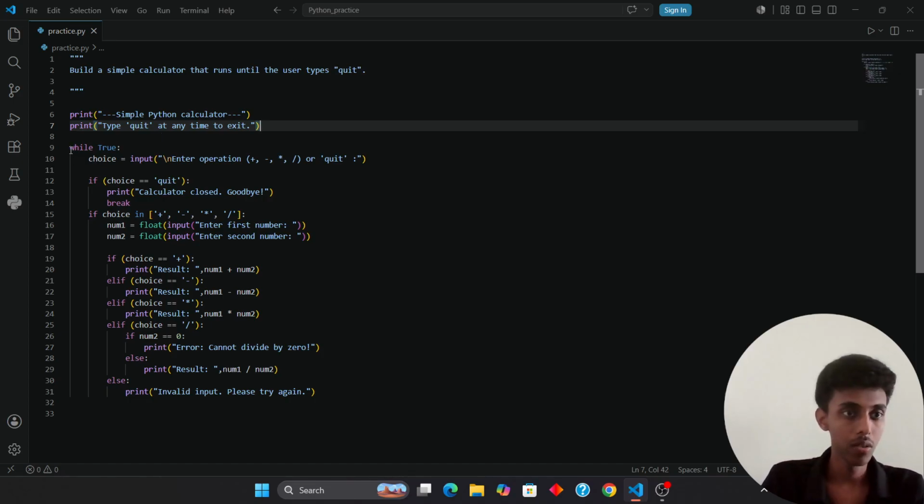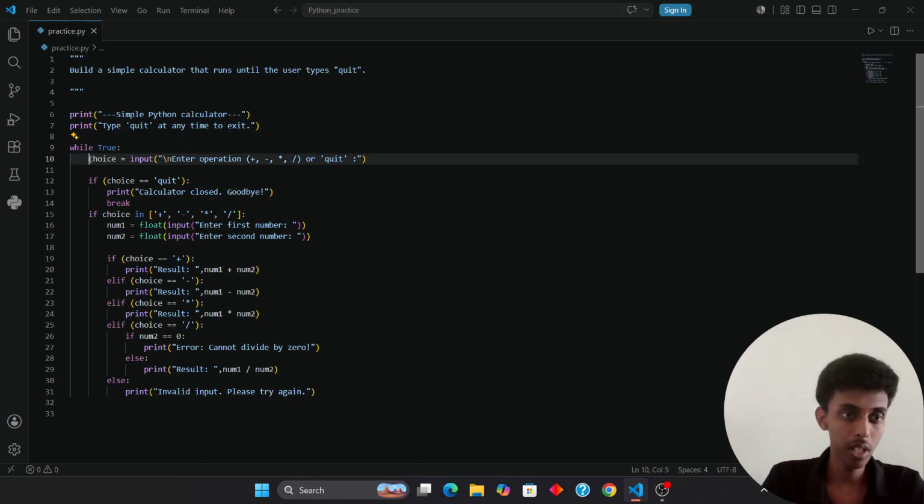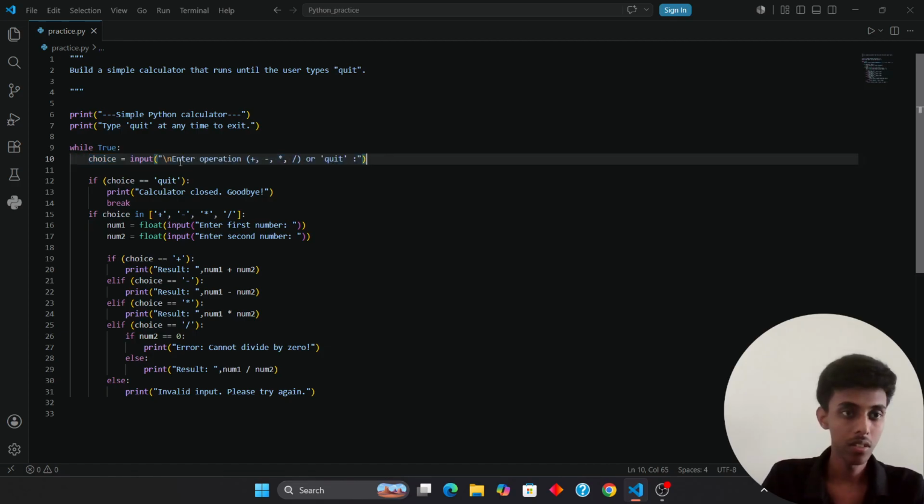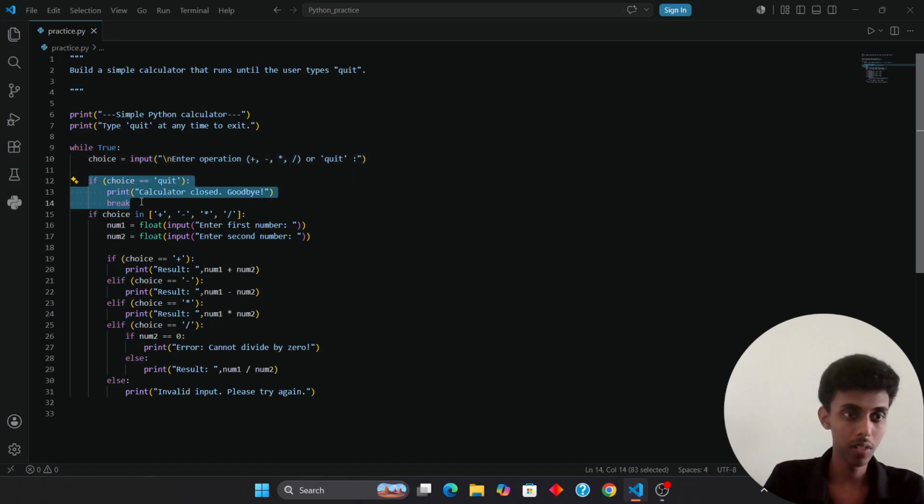Now we have taken an infinite while loop, while True is an infinite while loop. Then we have taken choice inside the infinite while loop, and we have given input enter operations or quit. Now these are the conditions. If user